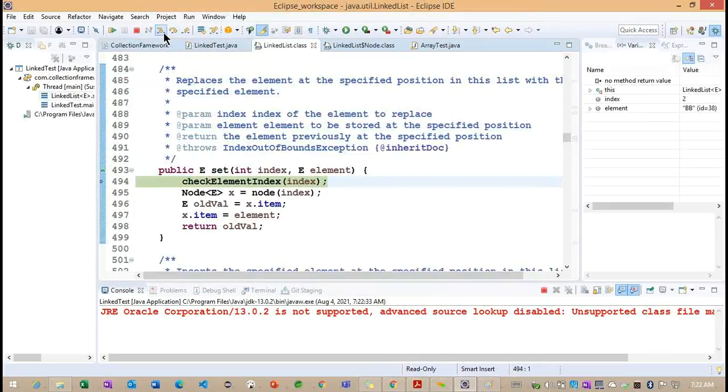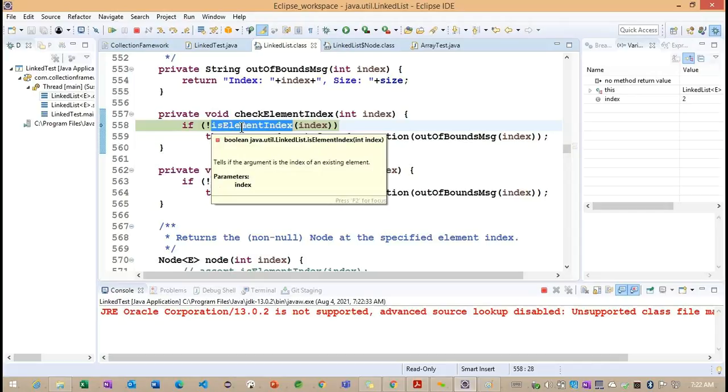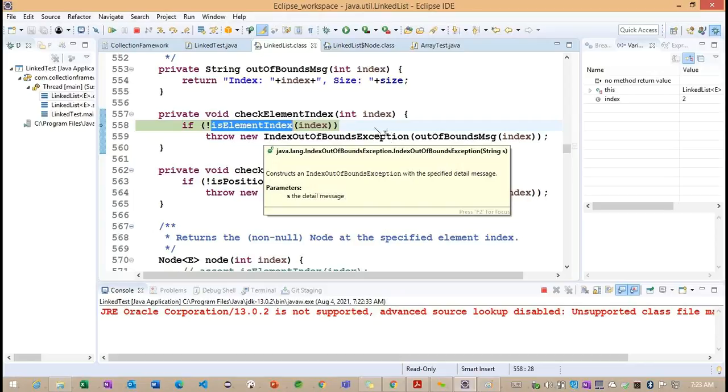Right. Let me move inside this particular set method. Now internally you can understand here: check element index. Again, the same method we are calling internally. Basically for add with index, for any index-related method we call, it first checks the size and the given index.